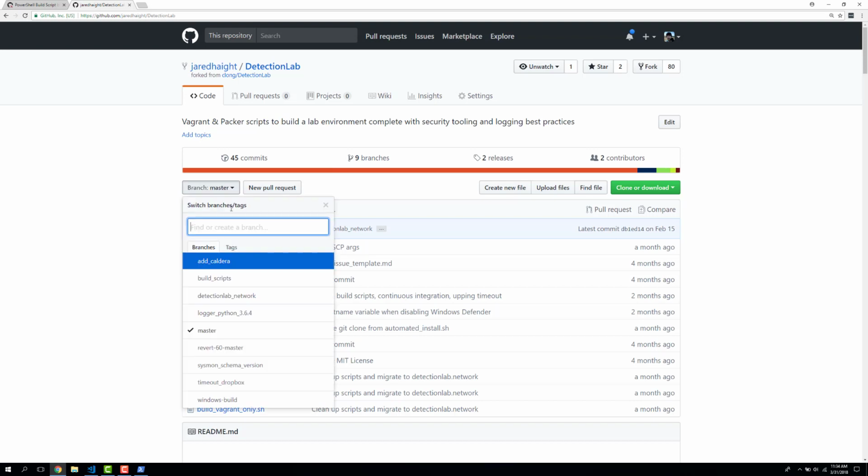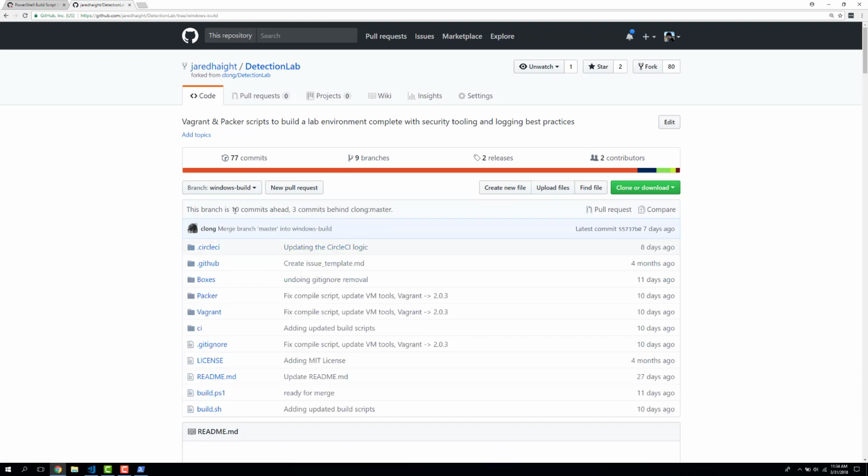So you can see, let's go to Windows build. Yeah, so we're like 3 commits behind the master branch. Because we're working on our own file and nothing else, it's a brand new file, then I don't think this is an issue because none of these commits will be our like